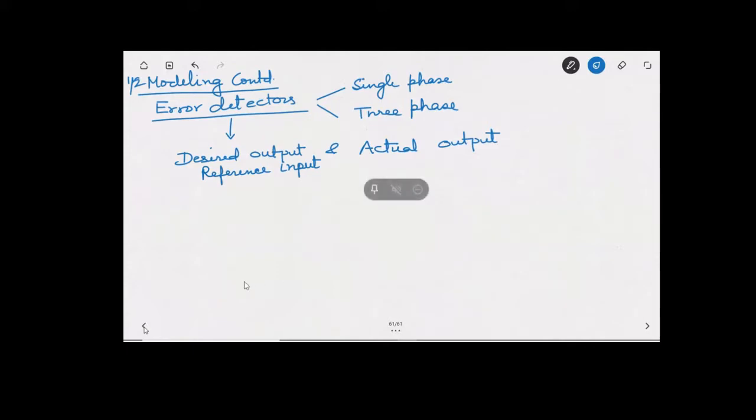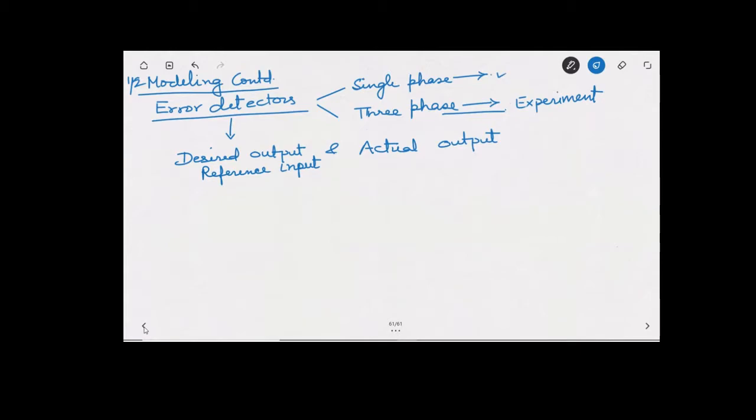Let us see single phase. Three phase we will not be doing because generally we are concerned with single phase error detectors. If, during the last phase of the semester, the labs are allowed, then you will be performing experiments on three phase error detectors. From an experimental point of view, you will do it in the lab, if the lab is there. Single phase are generally used in all our systems which we will be using. So this we will be doing theoretically also, because in any case we should know the model of the system.